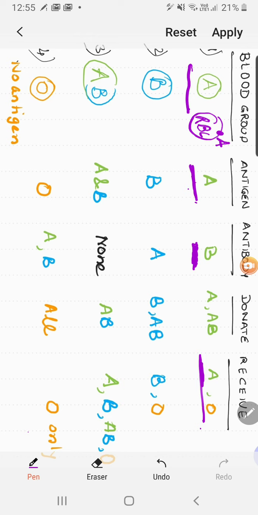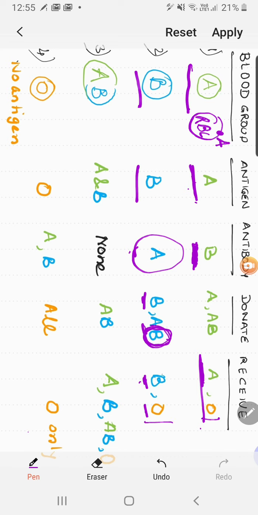Similarly, on the same logic, you will go with B. B will be having the antigen B, that means it will be producing antibodies against A. B can donate to B and AB because half of the factor is identified, right? And B will receive from B and O. I have already given you the reason for O. A and B, these are the exact matches, and O, because it lacks any antigen, that's why the body never reacts with O, right?